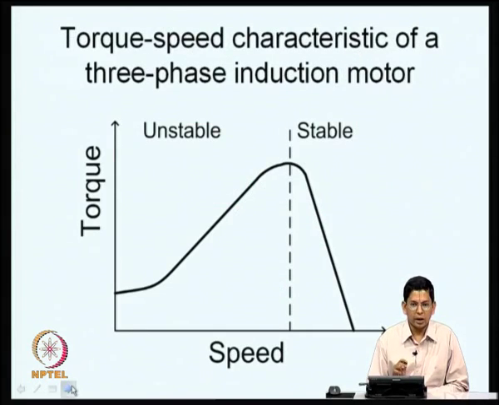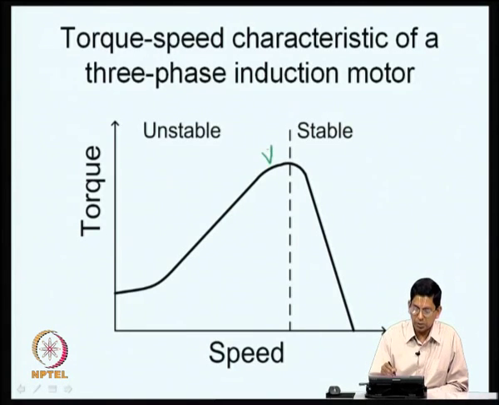So, let us now look at an induction motor. This is the torque speed characteristic of an induction motor when some particular stator voltage V has been applied. For this value of V, this is how you get the characteristic. You can easily obtain this from the steady state per phase equivalent circuit of the induction motor. This is what is called the starting torque. As you know, the induction motor is self starting, it has a certain amount of starting torque.